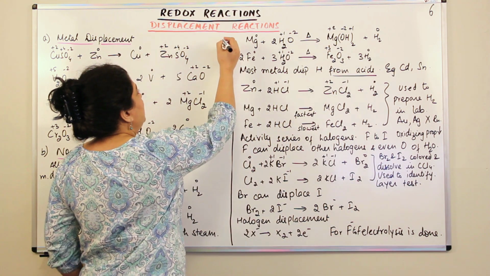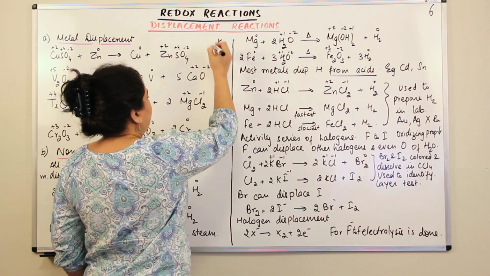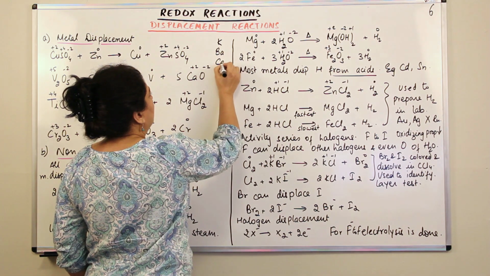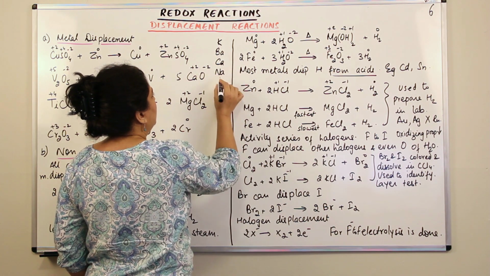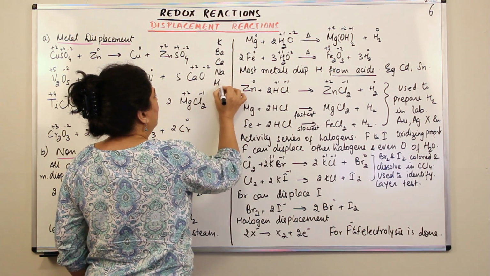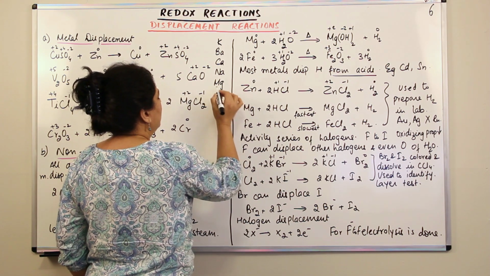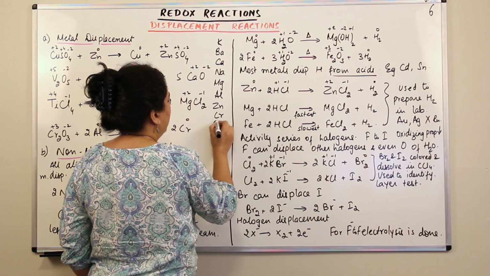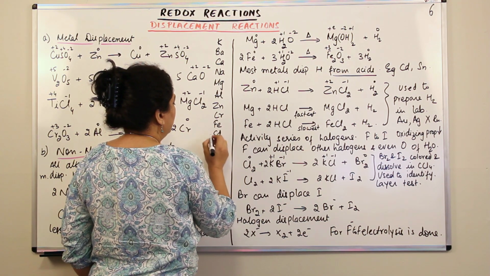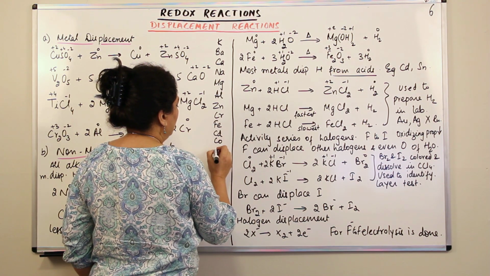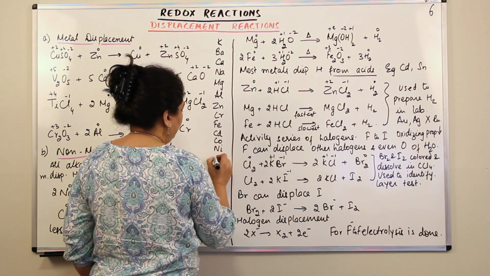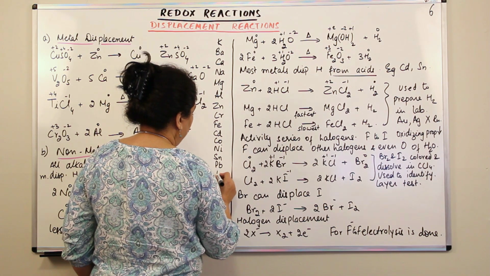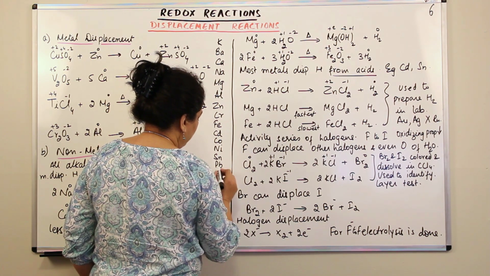The activity series is potassium, barium, sodium, calcium, magnesium, aluminum, zinc, chromium, iron, cadmium, cobalt, nickel, tin, lead, hydrogen, copper,